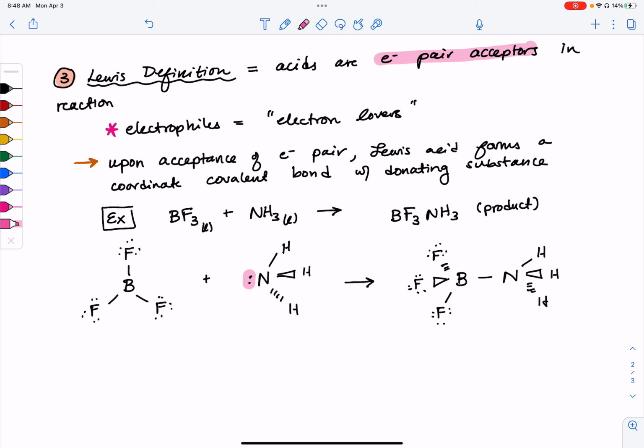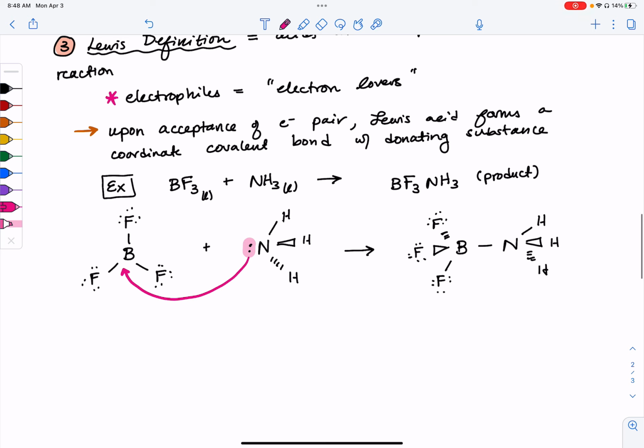Because this ammonia is the only thing that has these non-bonding lone pairs of electrons, these are going to be donated, well, not fully donated, but you'll see, donated to the boron, and in doing so, creates a covalent bond that we call a coordinate covalent bond,